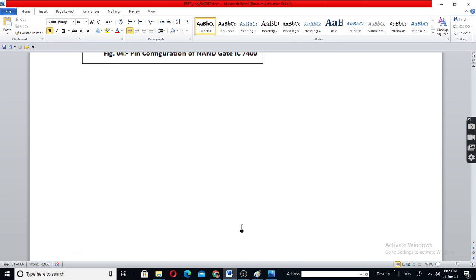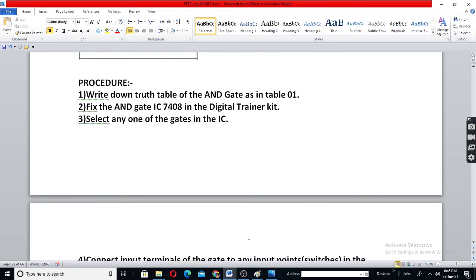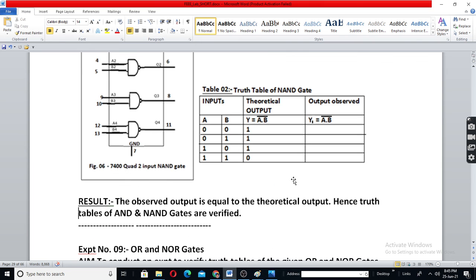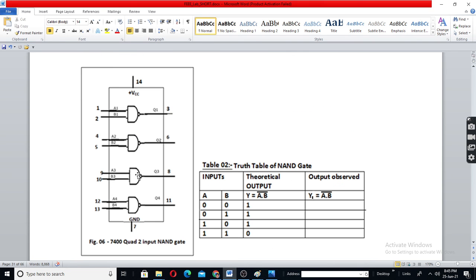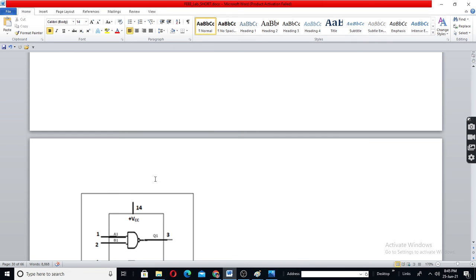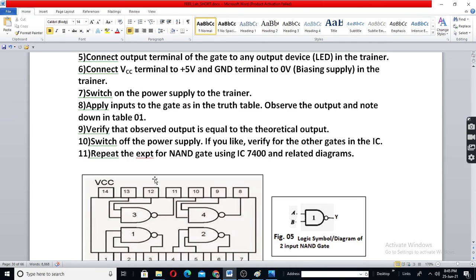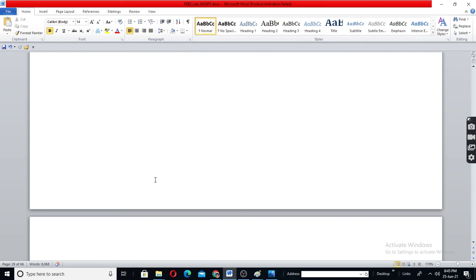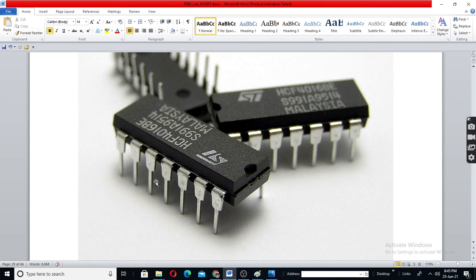So we can do the experiment similarly. Here also be sure that you will get output at least for one gate. You may get it for all the 4 gates. Sometimes you may not get, because many times students do wrong connections and sometimes some gates are damaged. For examination, you will be given a new IC. For class, you may not, but don't bother. Teacher will be with you to handle the situation. Thank you. So this is experiment number 8.